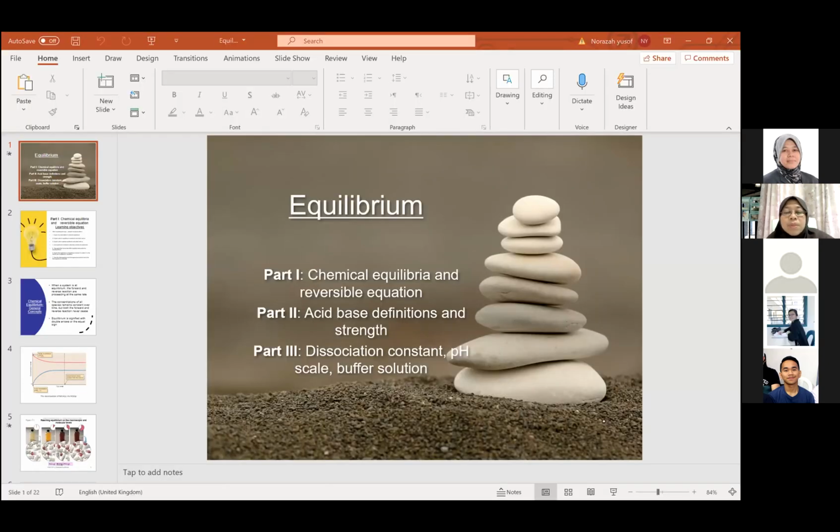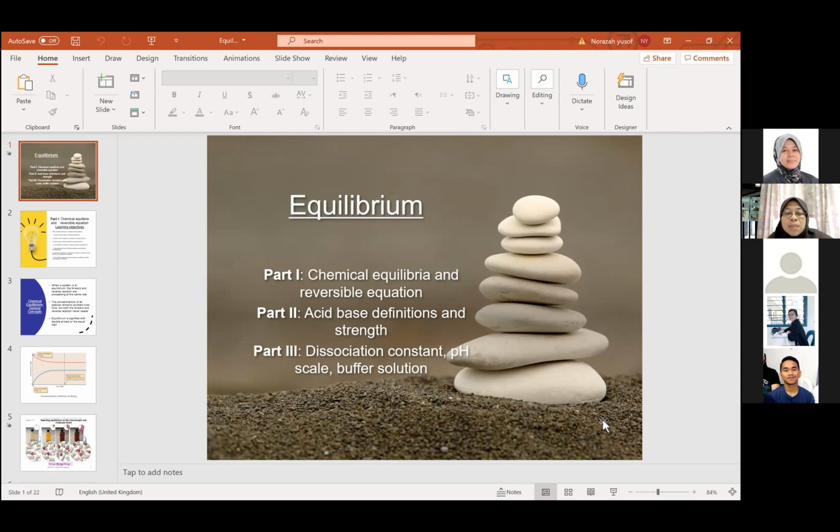Now, of course, we have to look at a few angles in equilibrium. One is to discuss your understanding of what equilibria actually is and what you understand about reversible equations. Part two will be the definition of acid and base, and how you are going to decide whether that acid or base is strong or weak. And part three,